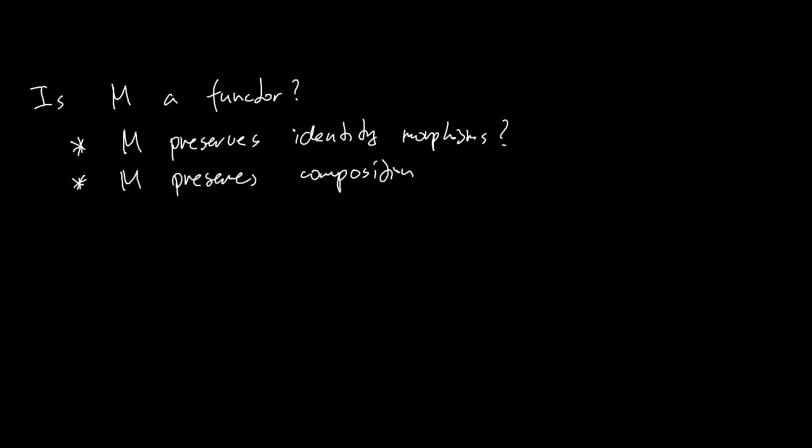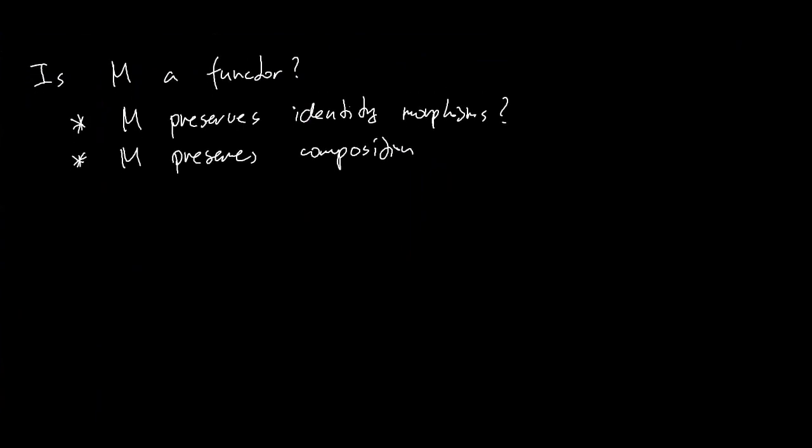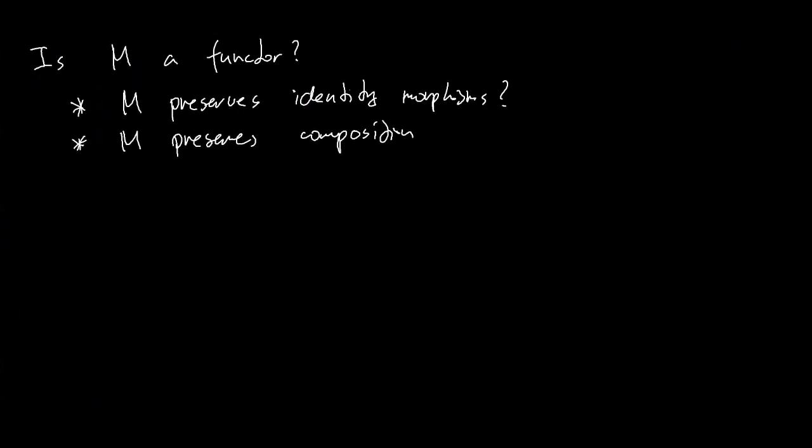So is M a functor? Does it preserve identity morphism? Does it preserve composition? So let's draw the pictures to clarify that. Preservation of identity morphisms means that if I've got an identity morphism from X to X, which is just the identity morphism of X, and then I take the corresponding M's, which will be given by this diagram. So the MX such that